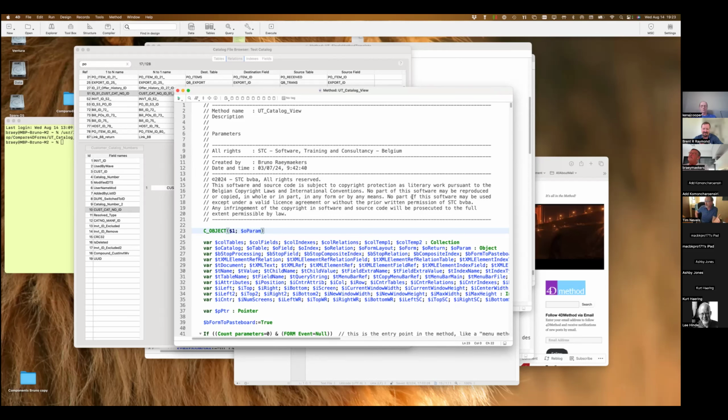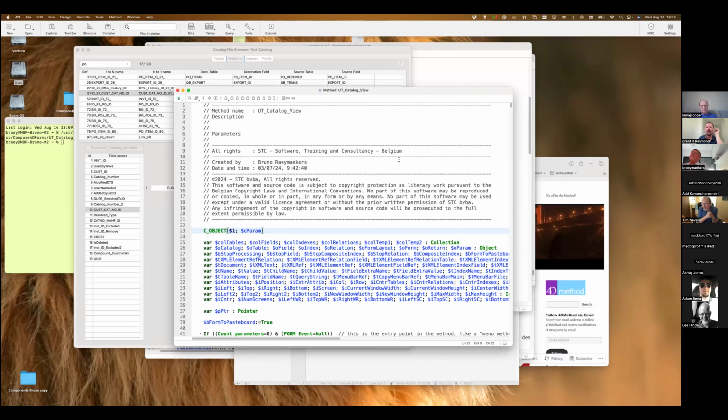I built a component from that code and ran that method. So you didn't just do UT catalog view. You actually took it, made a component, put the component in a database and then ran it from there? Yeah, but I'm not on the ad campaign for anybody. The easiest way is to copy the method, paste it in, and then run it. I tried that, and I got an error about the missing form. So I may not have done something right.